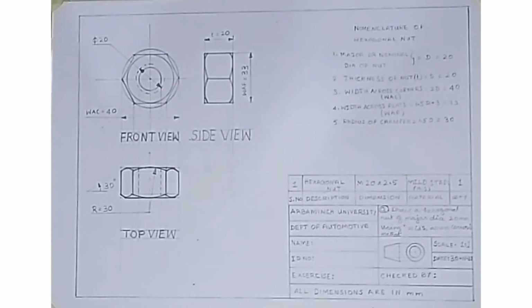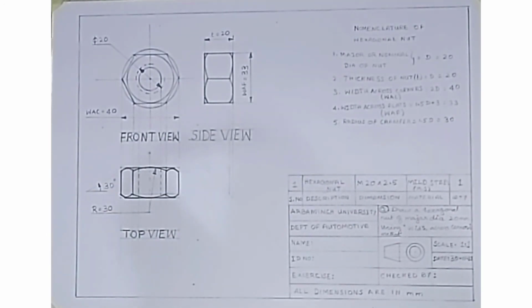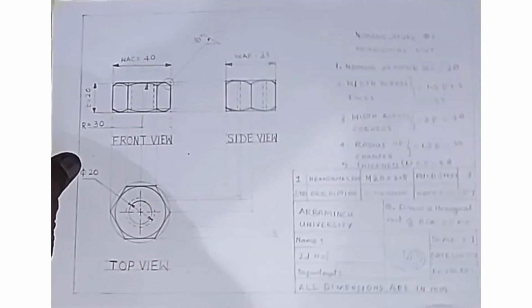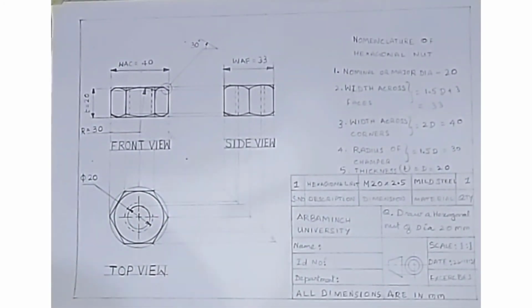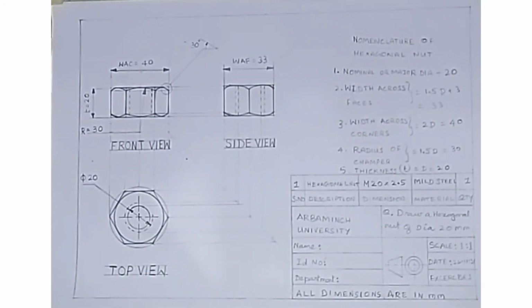Okay. Then I have another doubt. Is it necessary that we have to keep the hexagonal portion in the front view? There is no such rule. You can also keep any other orientation like this. Or if you want to show some particular view, then you have the choice to change the orientation.